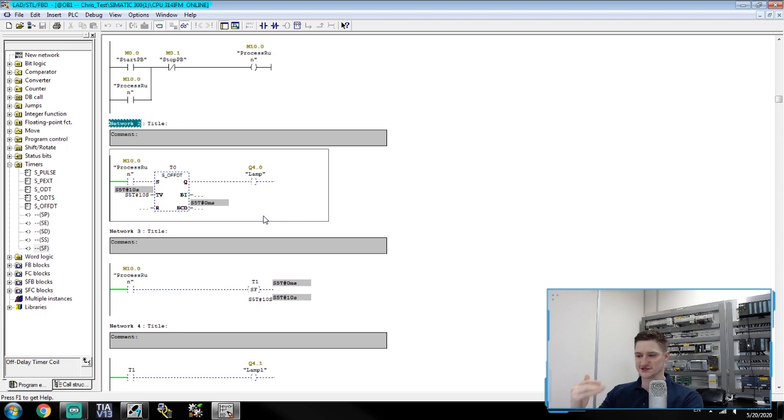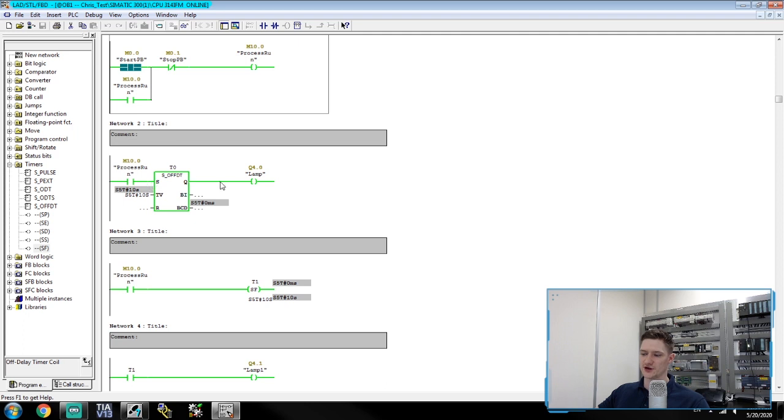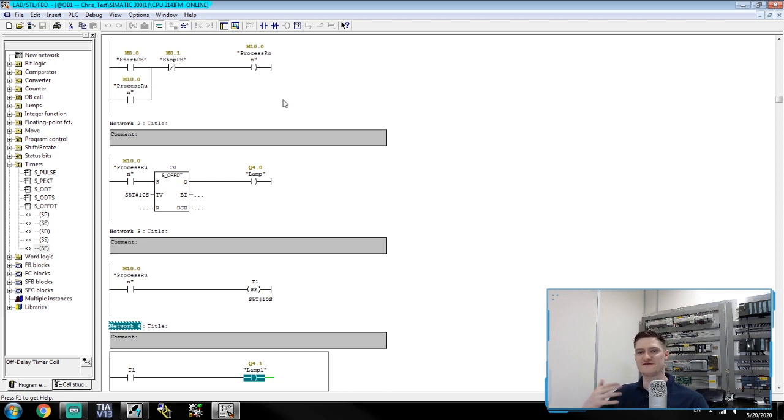When working on the shop floor, a lot of the time you might see extractor fans. When the process is running, you must have those extractor fans running. So here, if I just start my process, there we go, the process is now running. And let's just say that these are extractor fans instead of lamps. So what we have is this extractor fan on here, and this extractor fan on here. When the process is stopped, what we want to do is keep the extractor fan running for